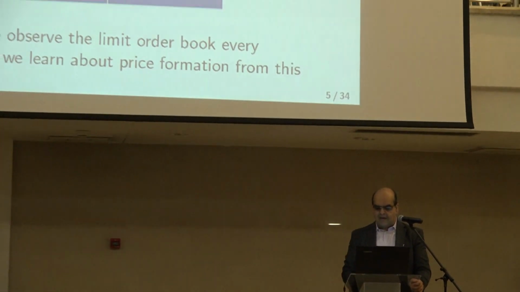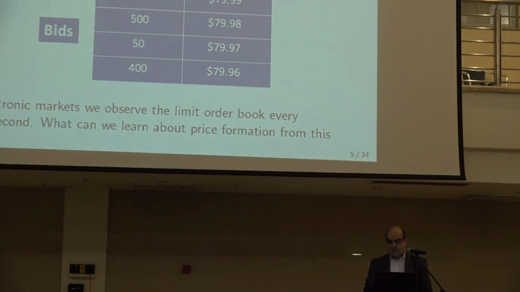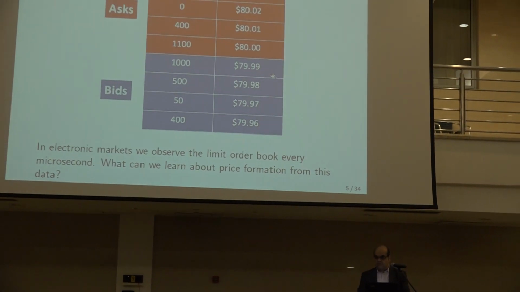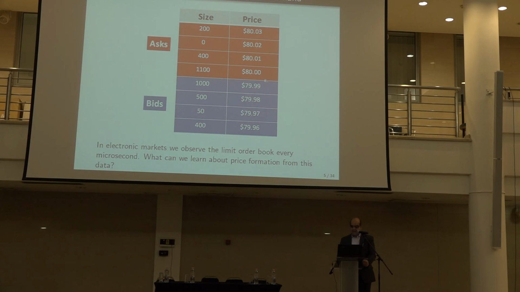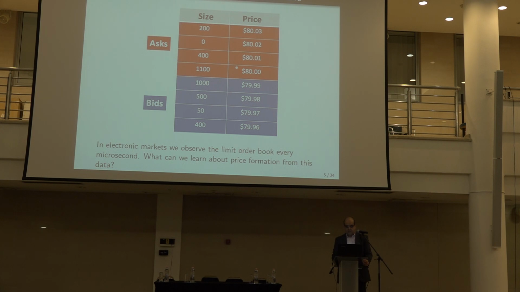If you look back at the data I showed you, there are actually two prices: the best buy price and the best sell price, the bid and the ask. We're going to look at the mid price, which is the average of these two. If either of these two moves, the mid price moves. So we're going to try to forecast where the mid price is going to move, up or down. The mid price will move if one of the queues gets depleted. If all the orders here are executed, then the best price becomes the next one, so the price moves up. If all the orders here get executed, the price moves down.